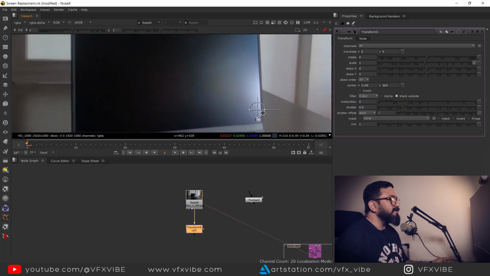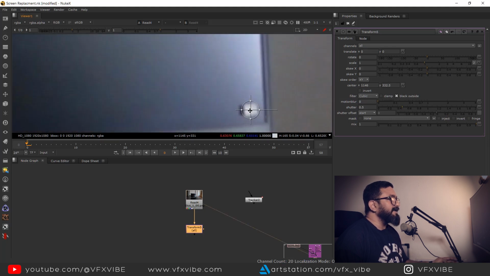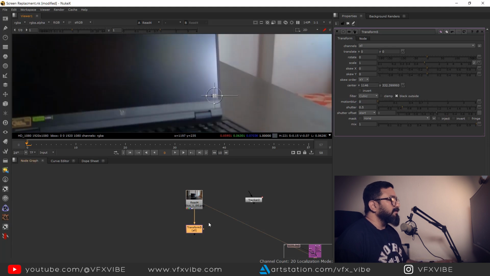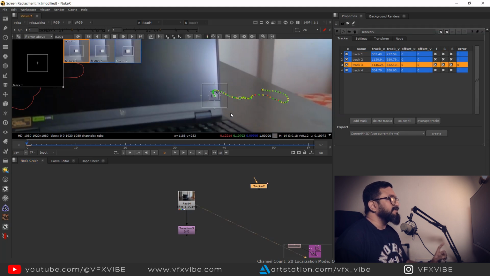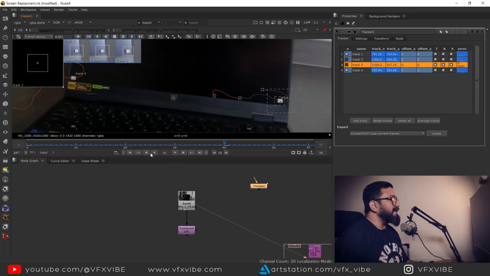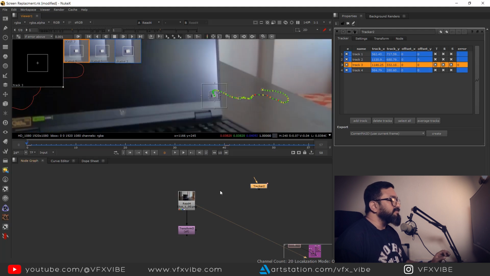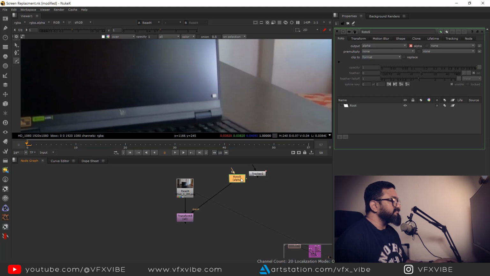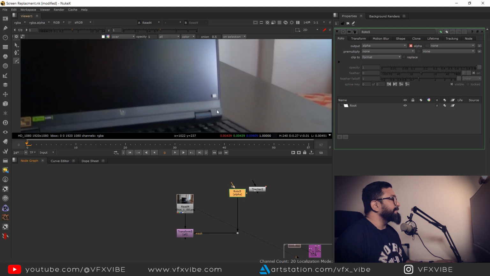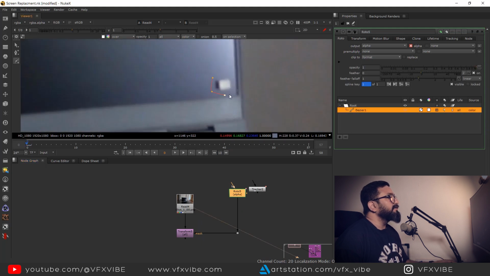I'll hold on Control, and I'll keep my anchor point over here on my transform mask, and I am going to check which tracker I have used to track this information. As you can see over here, I have tracker number 3. So I'm going to take one roto shape, connect it with my transform mask, and draw a shape around it like this,